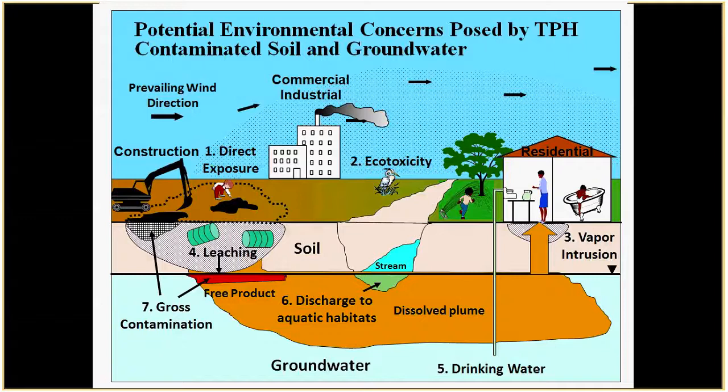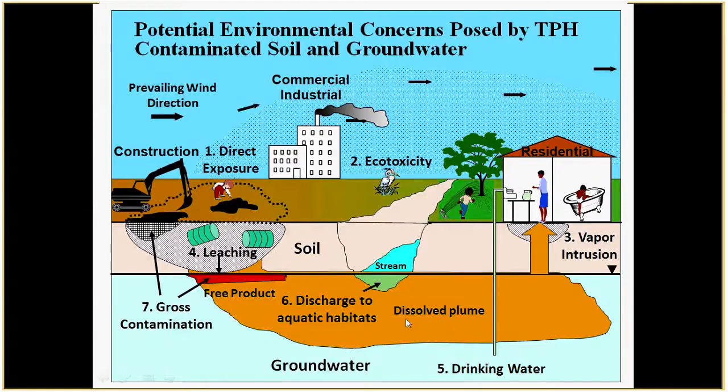Fourth concern is leaching of petroleum-contaminated fuels, again, especially gasoline and diesel, and then contamination of underlying groundwater. One point we try to make in the ITRC document, hopefully it'll get put in there, is the leaching models really aren't that accurate for petroleum, or really for any chemical. We're trying to come up with some better lab-based approaches for looking at leaching, but you can develop screening levels for leaching.